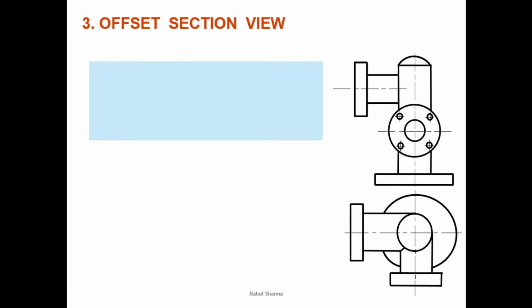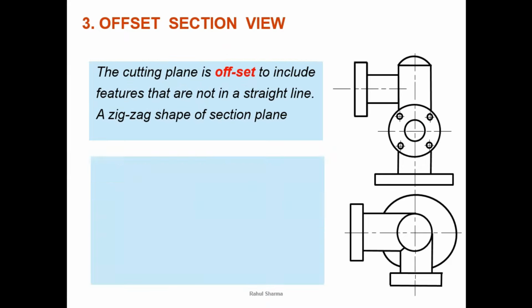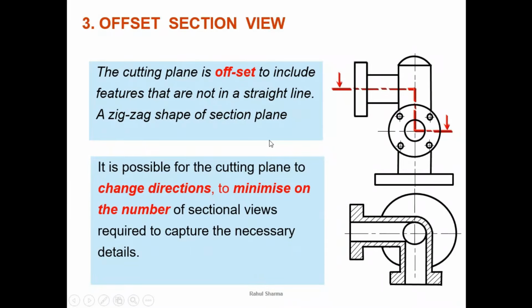Now we will come to the third type, that is offset sectioning. What is offset sectioning? When we have to cut an object using a zigzag type section plane. Why do we use this? We use this when the object is unsymmetrical. I want to tell you, we prefer full sectioning when the object is symmetrical. We cut it from the mid. What is half sectioning? When the object is having one or few unsymmetric things, then we prefer half sectioning.